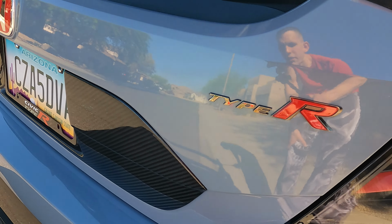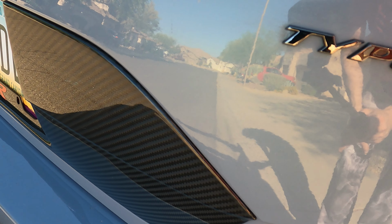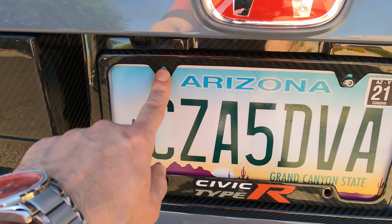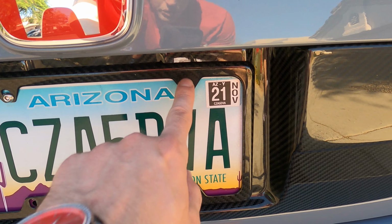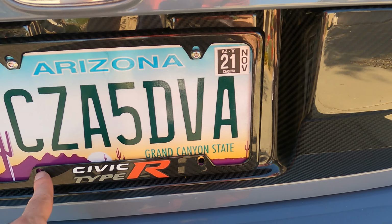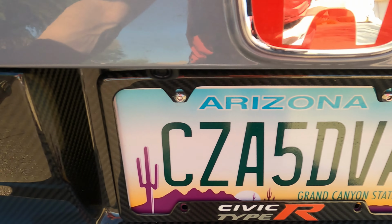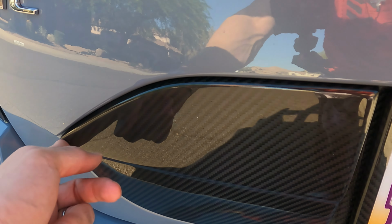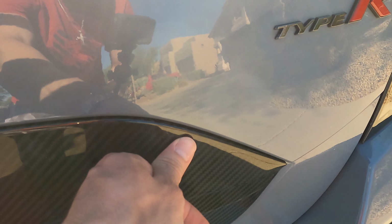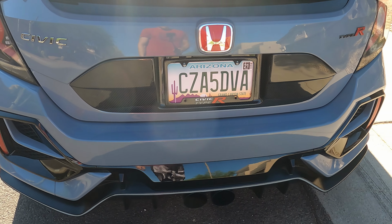This is by APR. It literally takes, I don't know, 5 to 6 minutes or so to install. It just connects right here with the two license plate bolts that APR supplies you. And then obviously I put my carbon fiber Type R license plate frame right there. It all bolts up, and then I used adhesive, actually double-sided Gorilla tape right here to give it a nice solid feel. Same with this side. Obviously it's not going anywhere. So all right,